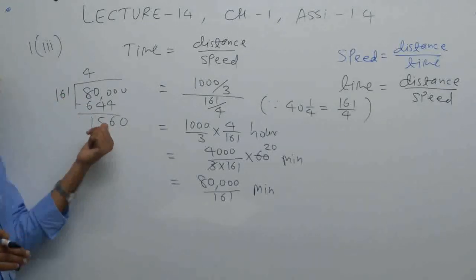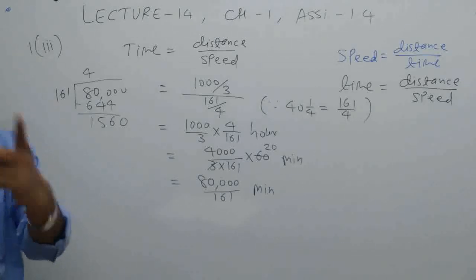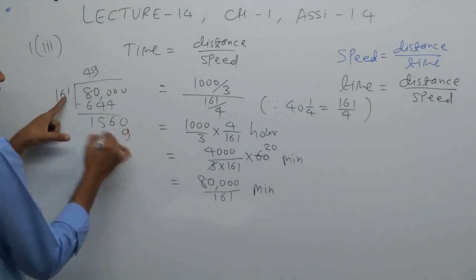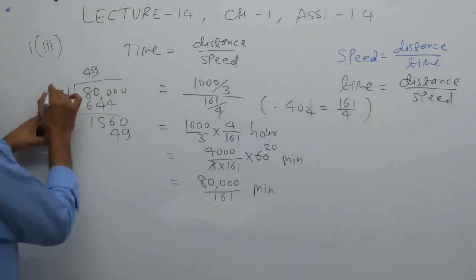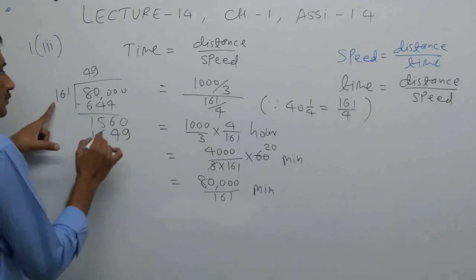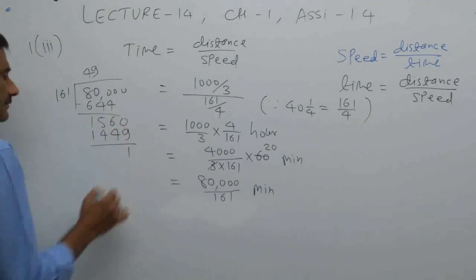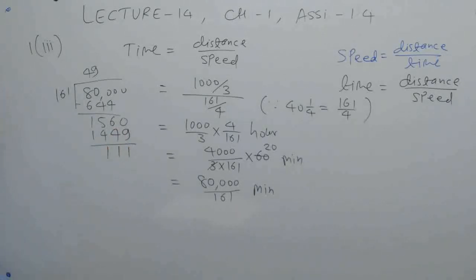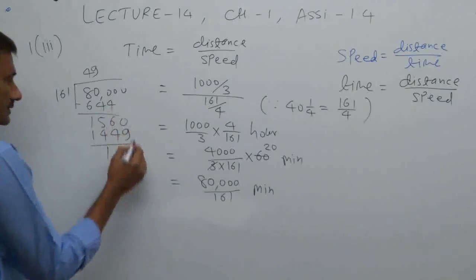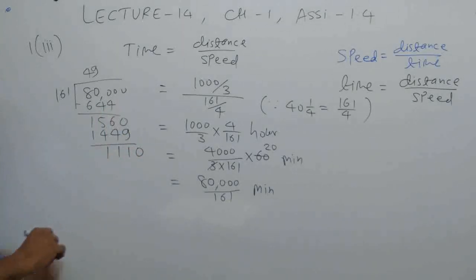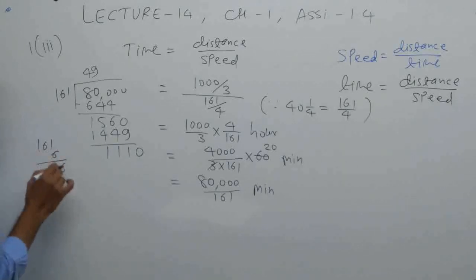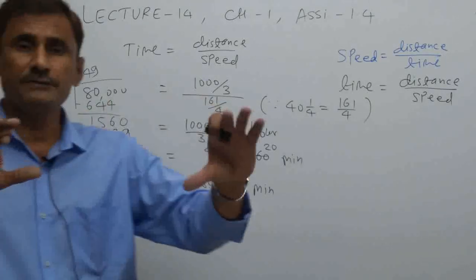It is very close to that one, so directly try by 9. So by 9 only I multiply. 9 1s are 9, 9 6s are 54, 5, 9 1s are 9 plus 5 is 14. So 10 minus 9 is 1, 5 minus 4 is 1, and again 1, 1 1 1. Now again a 0 is there. So now again 16 6s are 96 maybe there. So 161 into 6 I am just doing. If you don't know directly, then just prepare the table of 161.